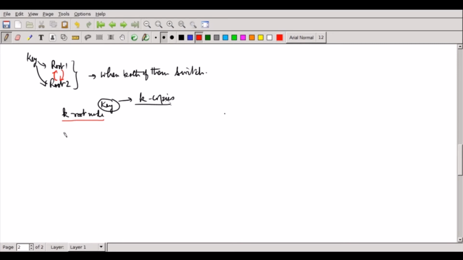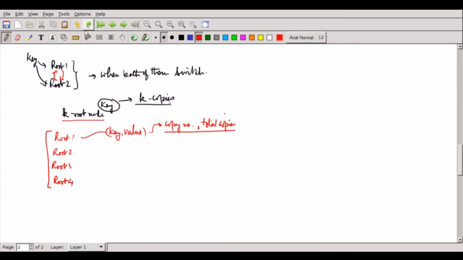So every node, for example, I have root 1, I have root 2, I have root 3. So everybody should know which particular copy number it is holding. So when these root nodes are only storing key value pairs, we also need to now store which particular copy is being stored here. So there is a copy number which needs to be maintained. I also need to maintain how many copies are being maintained actually. Total number of copies also has to be there. So these two data also have to come in now in each table.